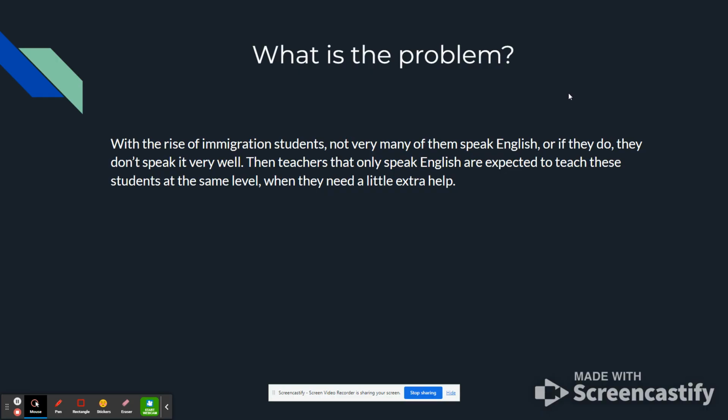But the issue is that not very many of them speak English, or they don't speak it very well. They don't have a lot of words, or they're just not understanding the syntax of how English is spoken. Well, this becomes an issue when the vast majority of teachers in America only language is English. And so they're expected to teach these non speaking English students at the same level as natural students here